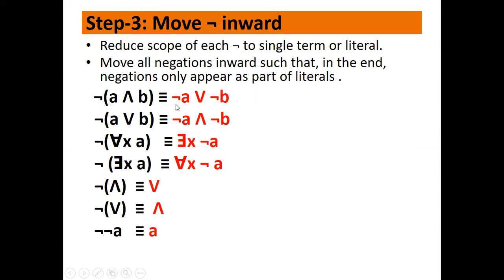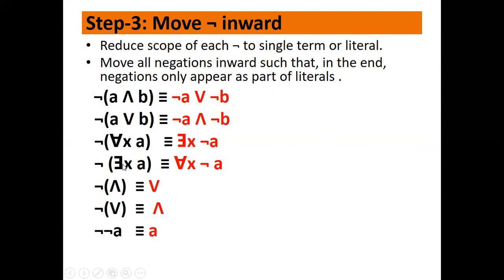Look at the statement carefully. Here we had negation outside the bracket, inside we have A and B. But when you take the negation inside, this and becomes or. Is it fine? This and becomes or. Similarly, if you have negation of A or B, it becomes negation A and negation B. So or becomes and here. Now, negation of for all x A is identical to there exists x negation of A. So the universal quantifier is replaced by the existential quantifier whenever you are moving the negation inside.